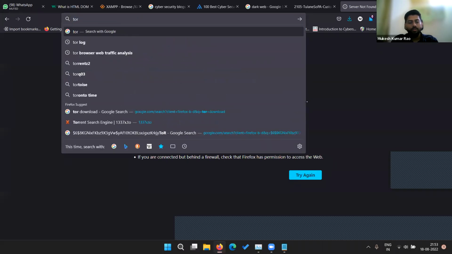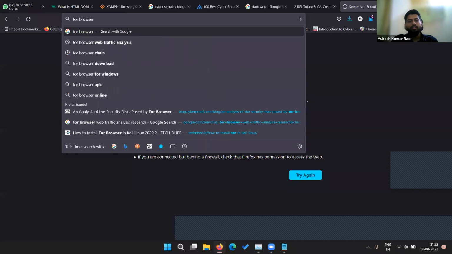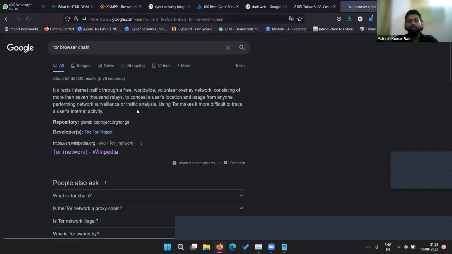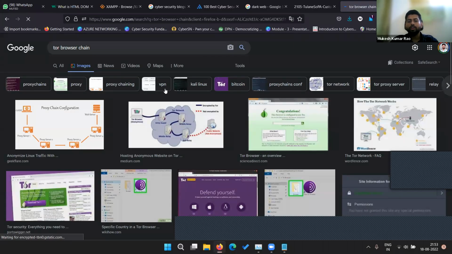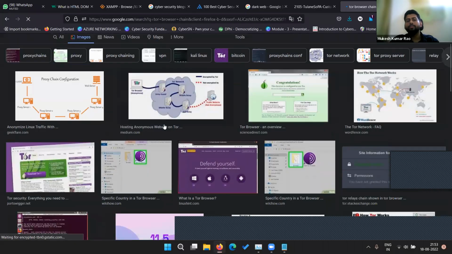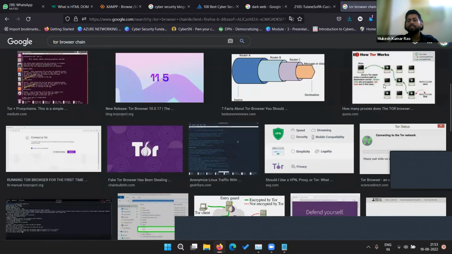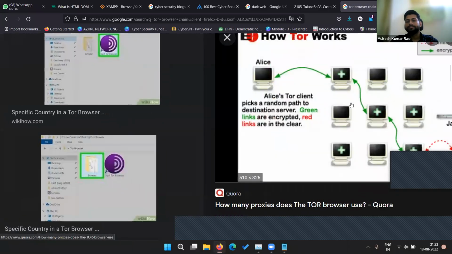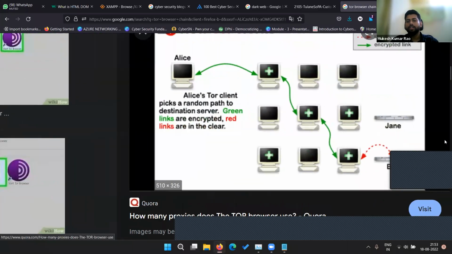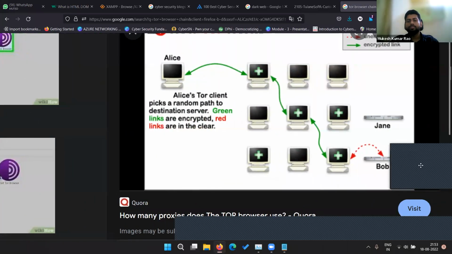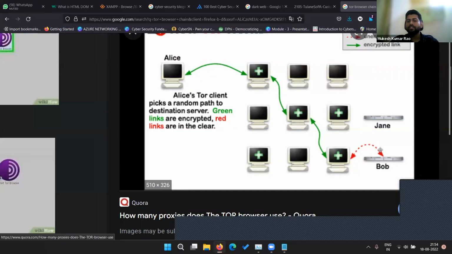And if you talk about the Tor browser, with that chain, it will jump through 3 different locations and then give access to the main server. So if anybody is trying to track you, it will require more time than in a normal browser. This is how it works. Let's suppose we have an end user and this is a server.